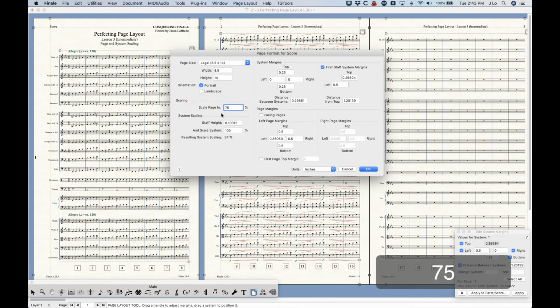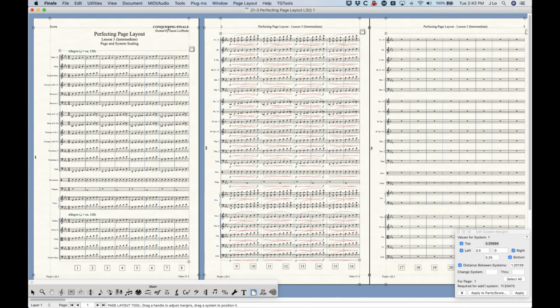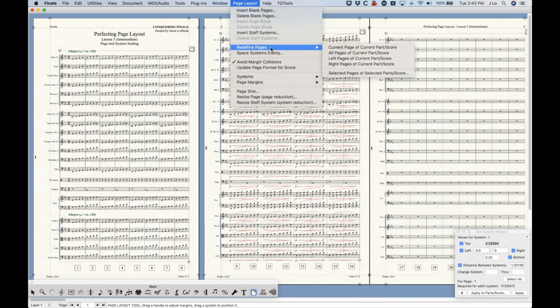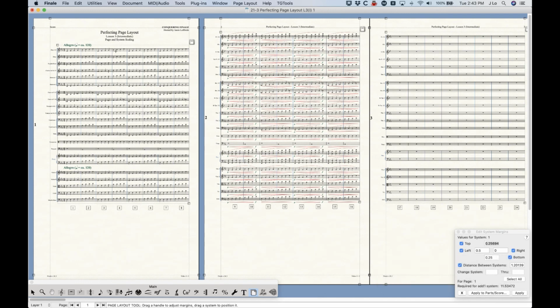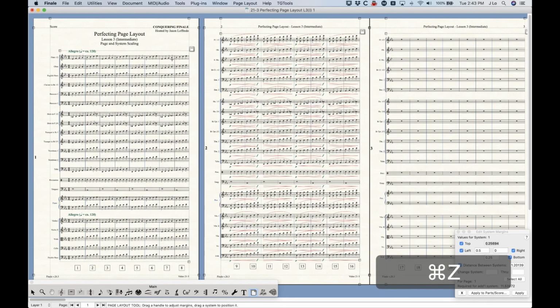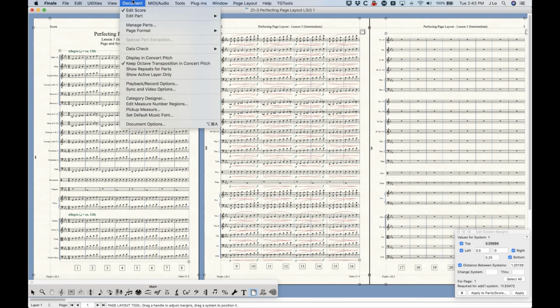And actually, let me just show you what happens. I'm going to put this at 75. Again, nothing happens until we do the redefine pages, right? All pages, yes. And I don't know if you saw it, everything gets smaller, 75% in fact, but the text blocks also get smaller. So you see my titles are now at 75%. If I just do a quick undo right here, just pay attention to the titles and they will go back to the larger size. There they are, as well as the systems and the music within the system. So that's sort of what's going on with that